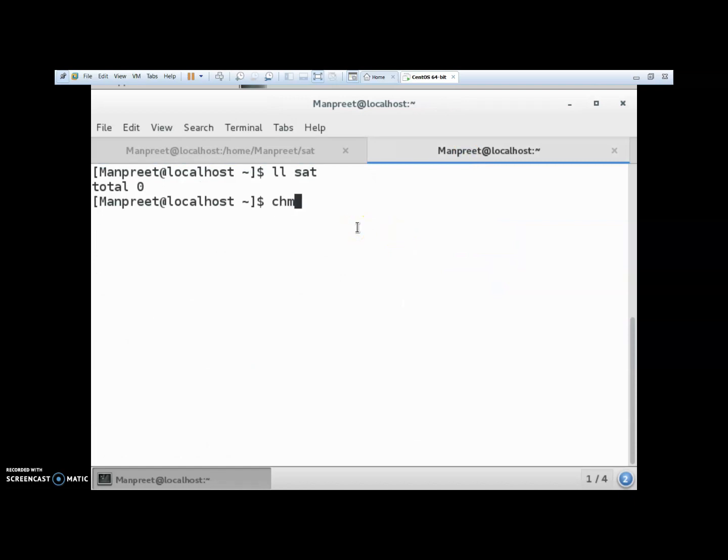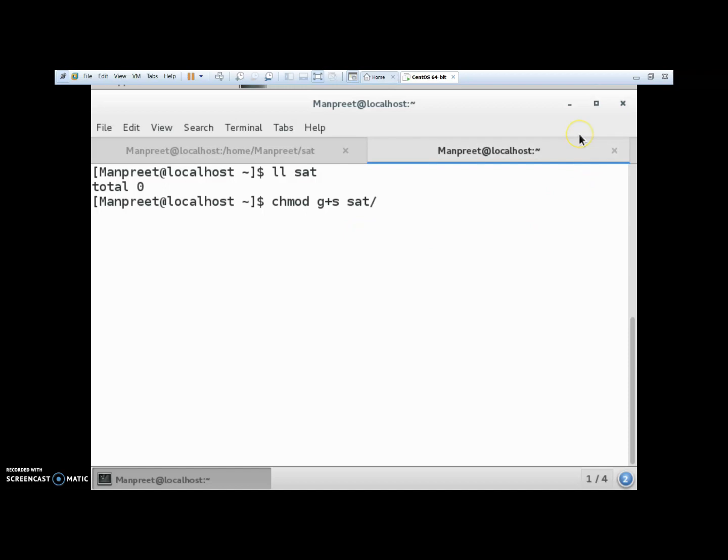So how we can enable? From the user side I'm talking about, chmod g+s. So this was the command we have done, and on which directory do you want to make it? Suppose SAT/.